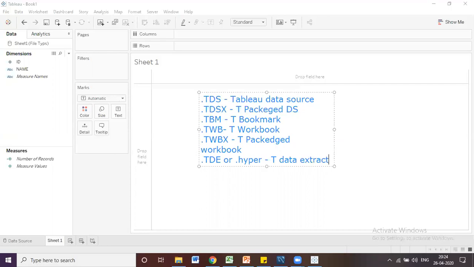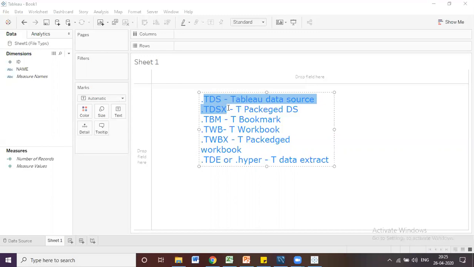So these are the file types we have in Tableau. Now we are going to see what the use of saving each one is. For example, what is the difference between TDS and TDSX?